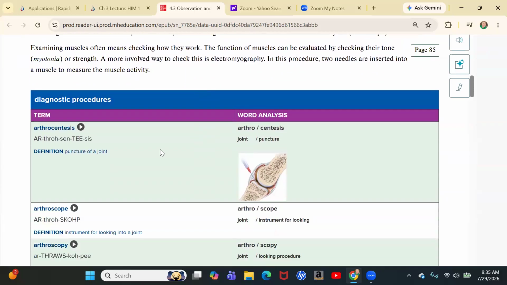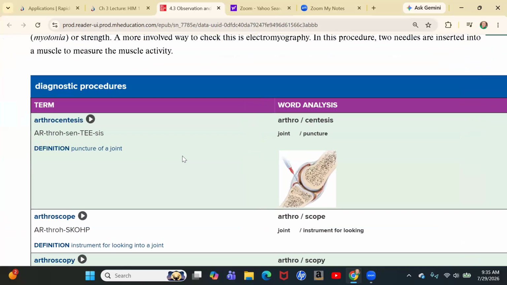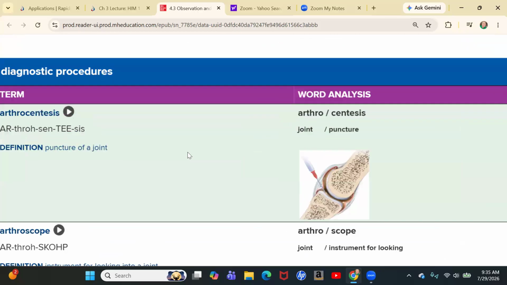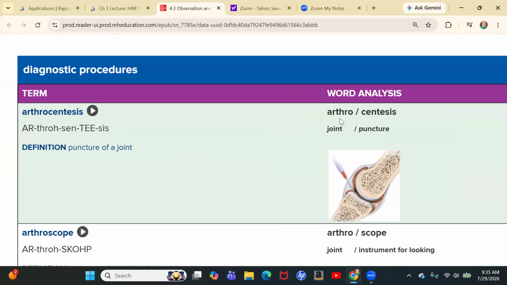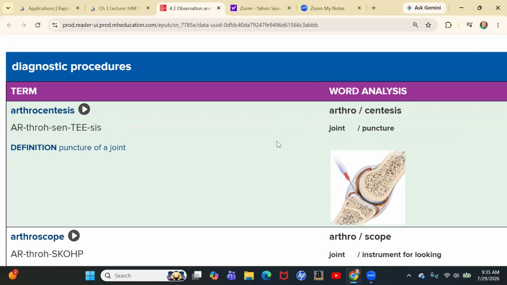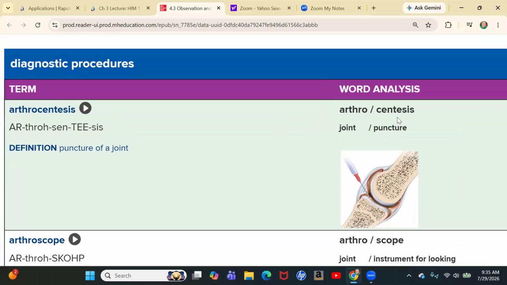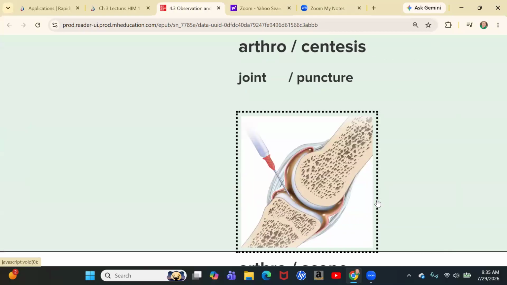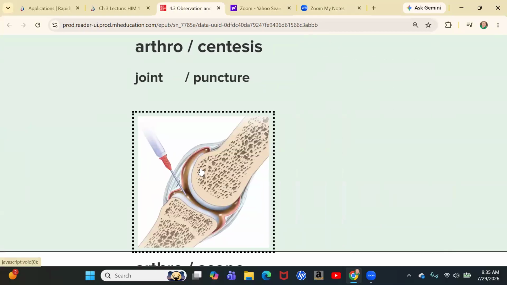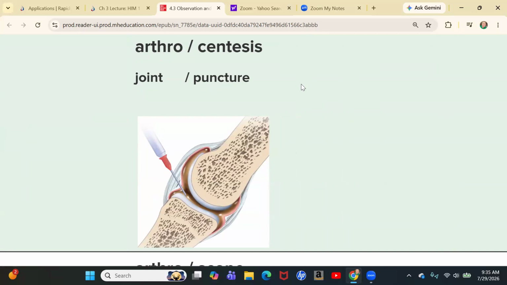All right, so let's just dive in here. So arthrocentesis. Okay, so arthro means joint. Centesis means to puncture, to remove fluid. Okay, arthrocentesis. You may be more familiar with an amniocentesis, where a pregnant woman has her amniotic fluid removed